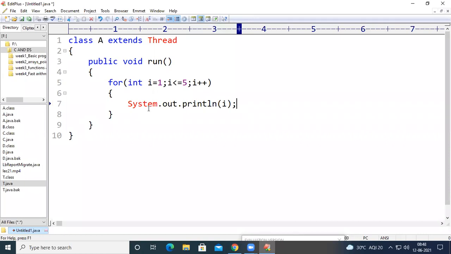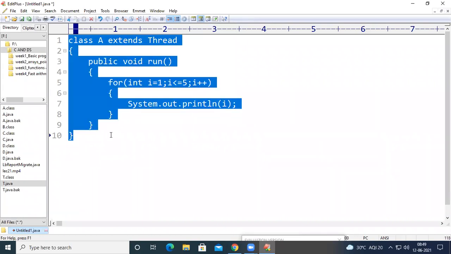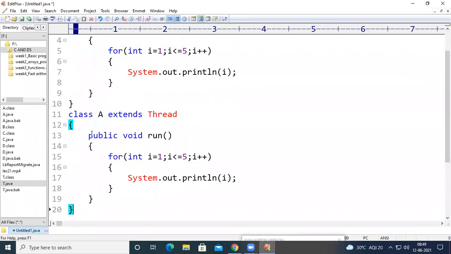Similarly, let us take one more thread, where the name of this class is B. Here, instead of printing from 1 to 5, I'm going to print the numbers between 6 to 10.